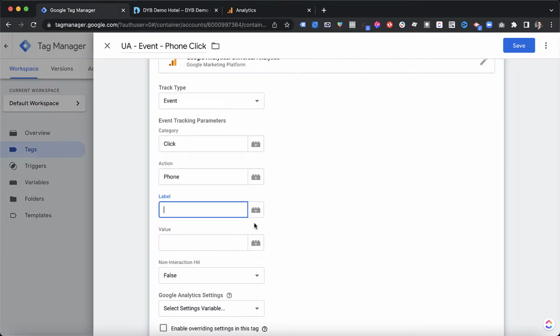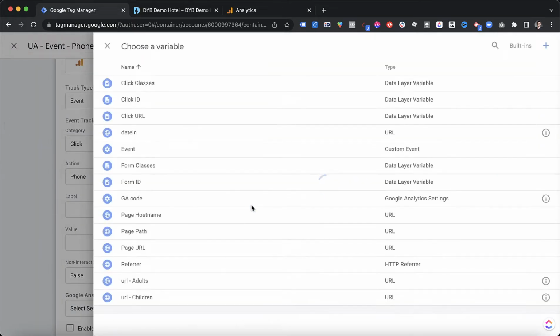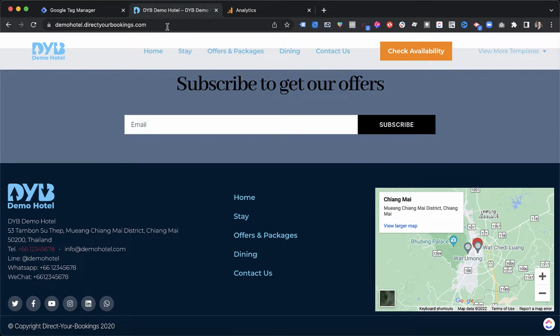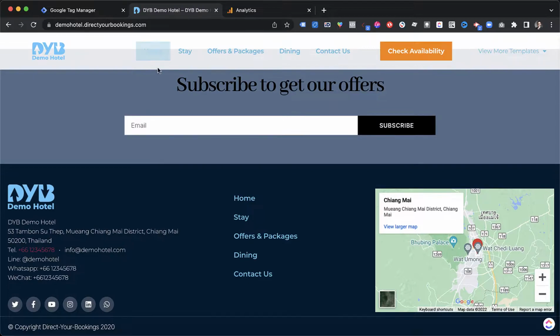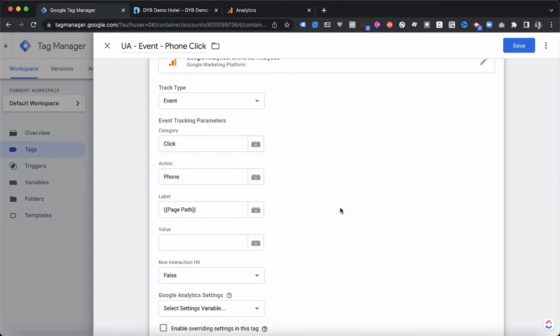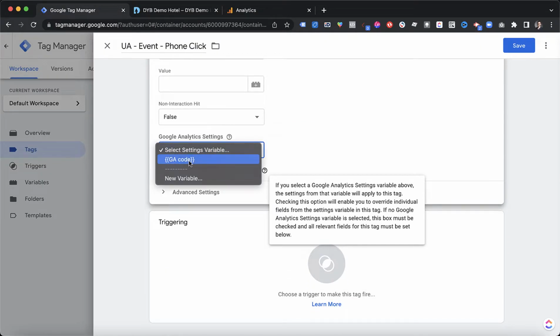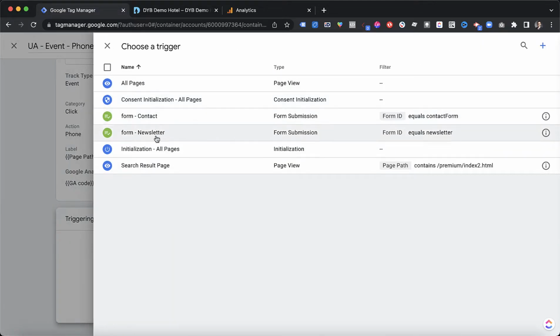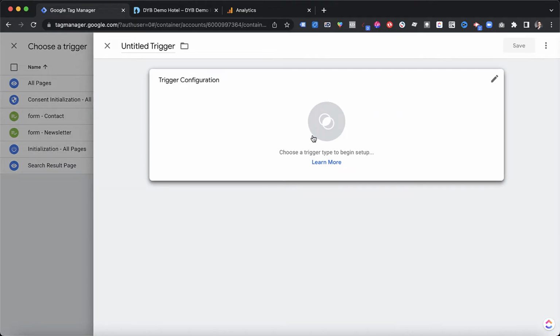And so, very simple, I don't have to create anything because it's already a built-in variable, page path. In case of a home page, it's just going to be a slash, and if it's any other inner page, it's just going to be the relative path of that page. So let's make an example. I'm going to select again Google Analytics variable, and then triggers. I'm just going to create a new trigger,